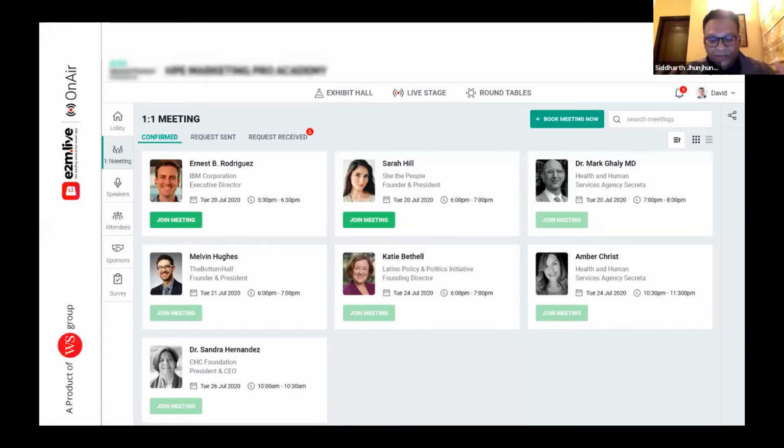Or we have these roundtables, which is sort of many-to-many. You're having a group discussion. But events also have this unique thing of meeting people that you've never met before. I think that's one of the biggest essences of a meeting: the serendipity, the unintentional meeting. You never knew Melvin, for example, but because you go to an event, you meet that person, you exchange business cards. So we are trying to remove the